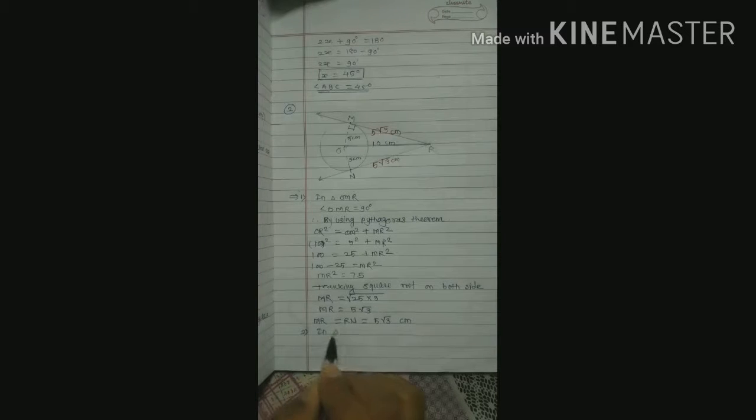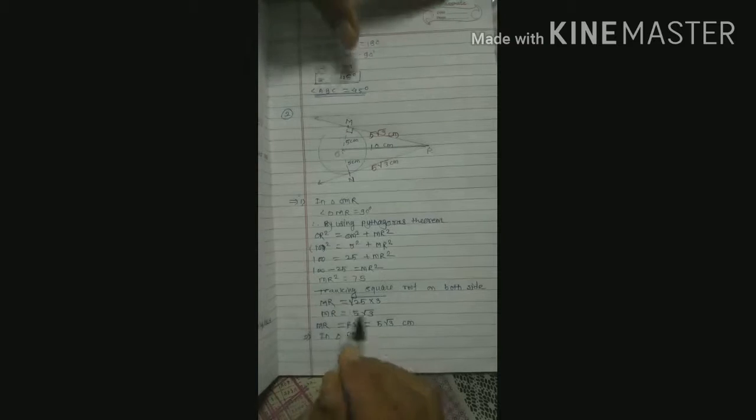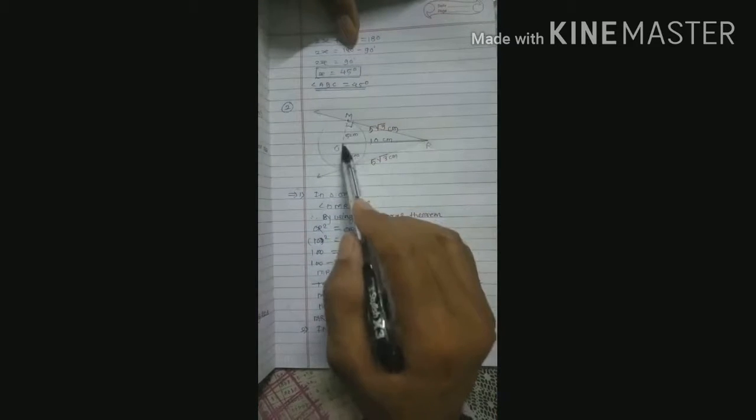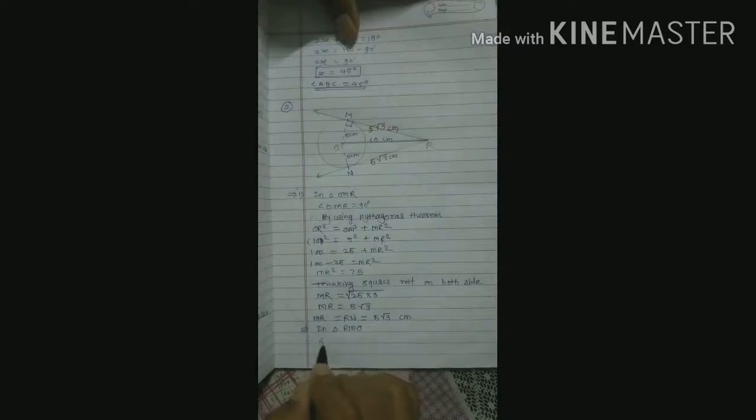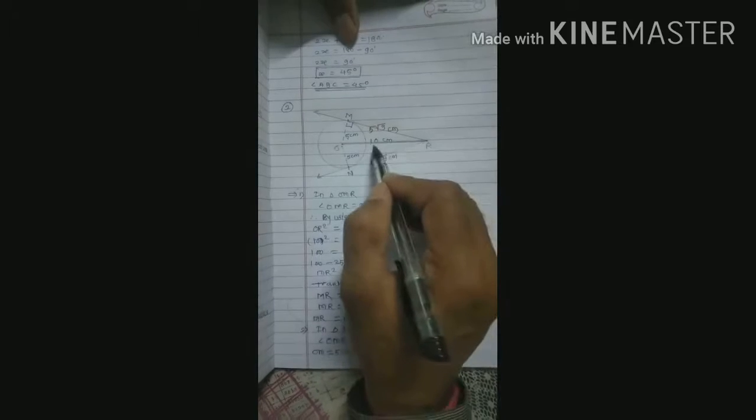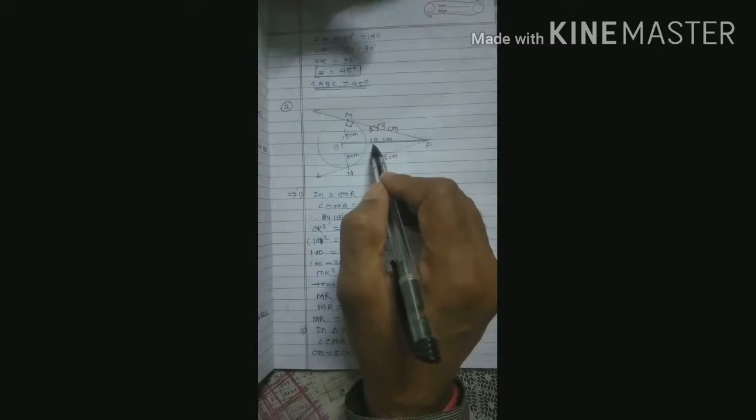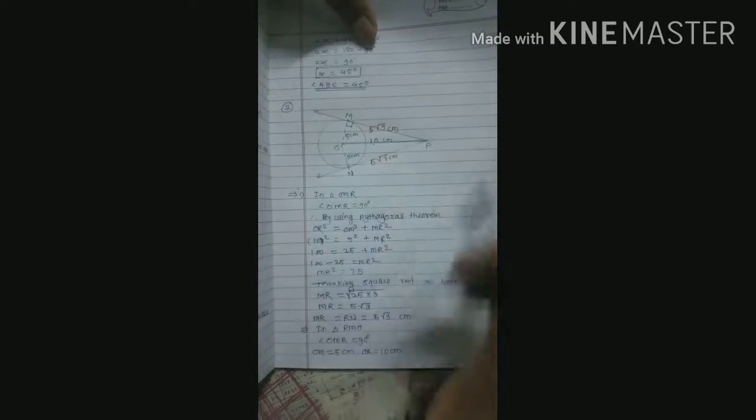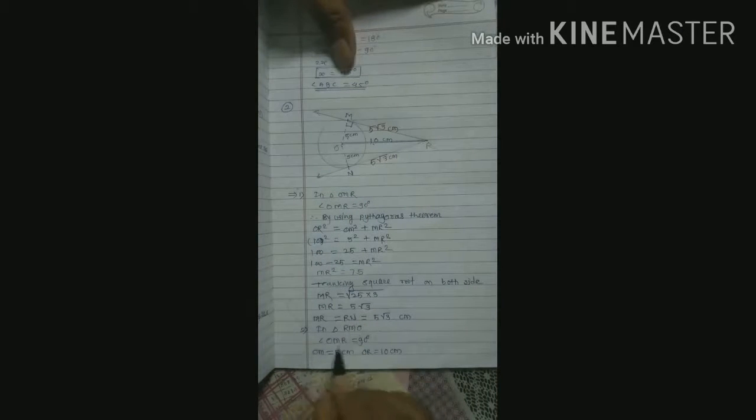In triangle RMO, this is the right angle triangle, and in this triangle angle OMR is equal to 90 degree, and then OM is equal to 5 centimeter and OR is equal to 10 centimeter. Then by using the converse of 30 degree, 60 degree, 90 degree triangle theorem,